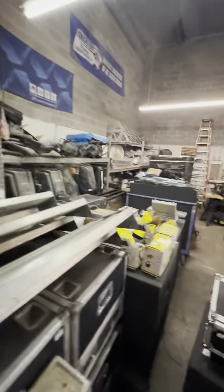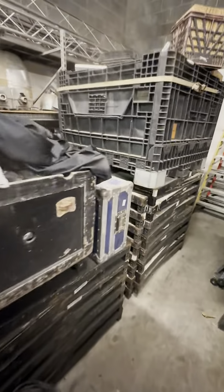Got some ladders. The pallet racking is also going to be included in the auction. Work lights, audio equipment, all different types of stuff. A beautiful stage is going to be in the auction as well. More band saws, jigsaw, work tables, halogen lights,